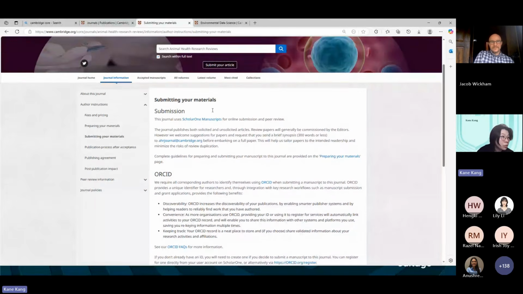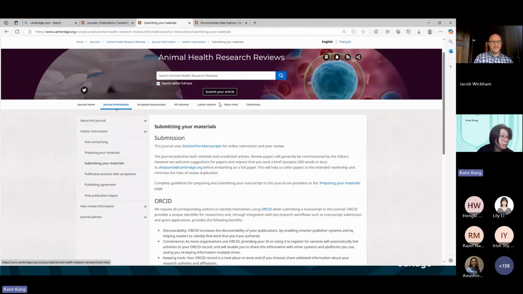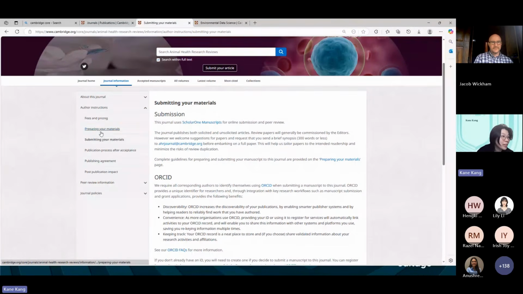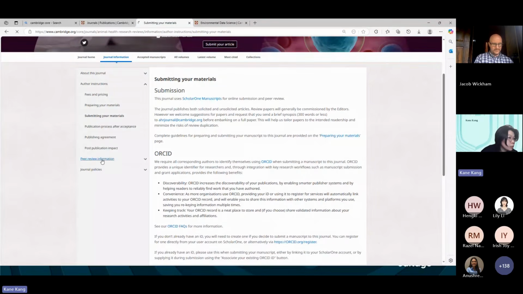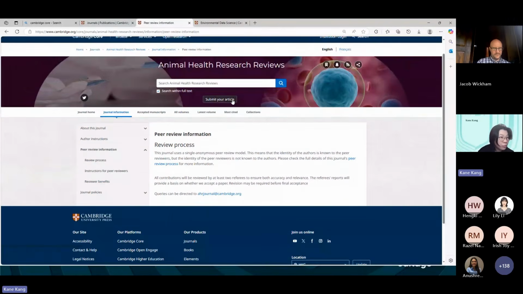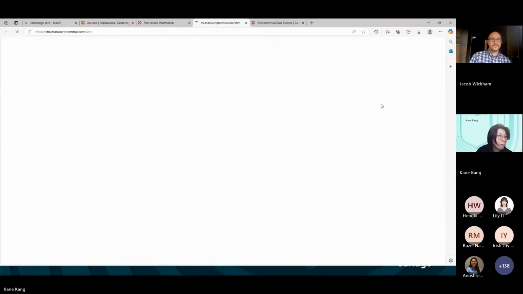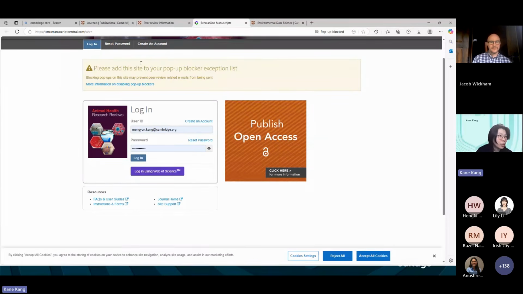Then you can submit, or you can click this, submit your article. This is quite easy because before you submit, you really need to check preparing your manuscript materials. And if you want to know more like peer review information, journal policy, you can keep going. But if you just want to submit, you can just click this one, submit your article, and it will show like continue. Yeah, and then you can start to log in, submit. Like what I said,